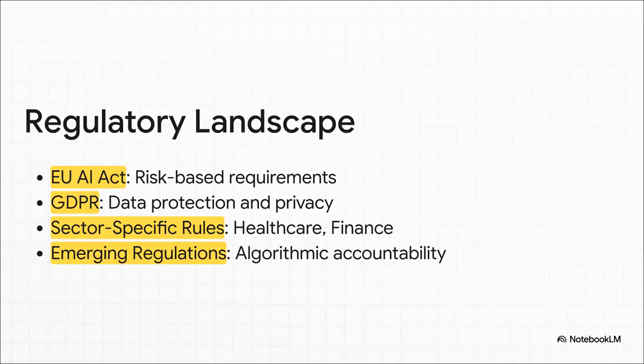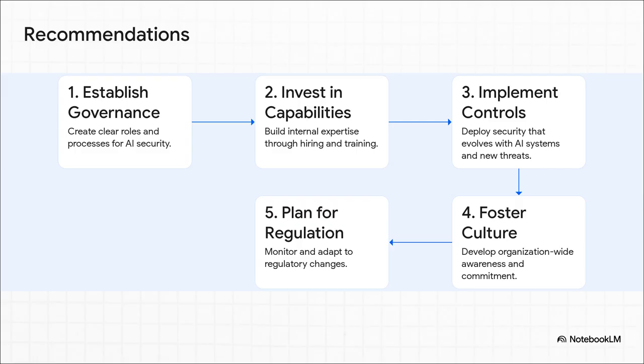A massive piece of that future-proofing is compliance. Let's face it, the rules are changing constantly. We took a tour of that complex regulatory landscape, from big ones like the EU AI Act all the way to specific rules for industries like finance and healthcare. And we brought everything home with 5 big strategic recommendations. You can think of these as your guiding principles. Things like establishing governance, investing in your people, building a strong security culture, and always planning for what's coming next. This is your high-level playbook for success.